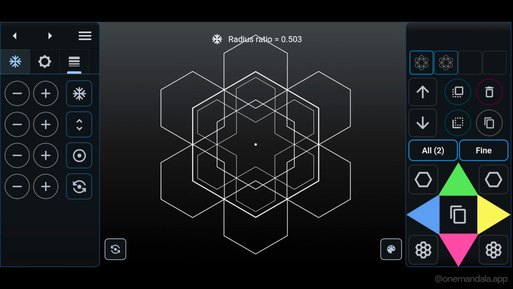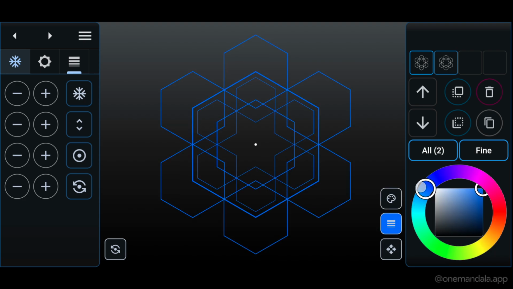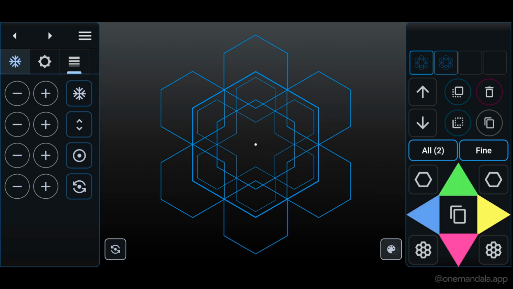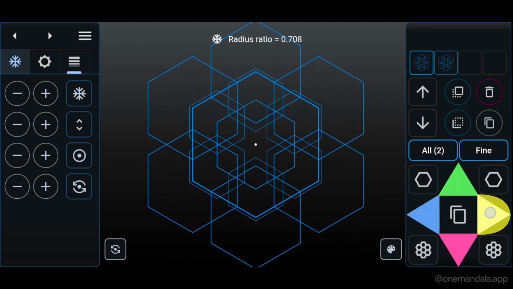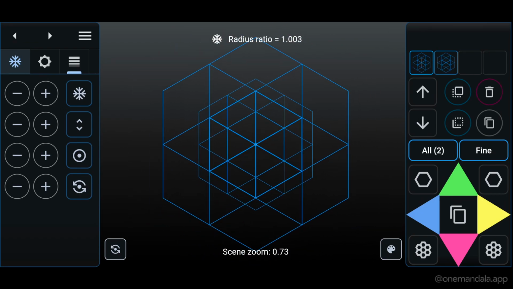You find a beautiful shape, and we can also change the color by toggling the color picker here next to the compass, like this. So now let's change the color of these two layers to something like this. And let's find a beautiful shape that is nice in this moment. Let's say that is nice.